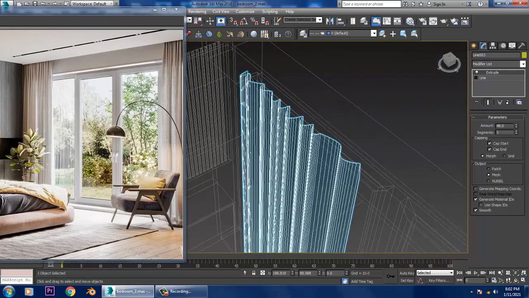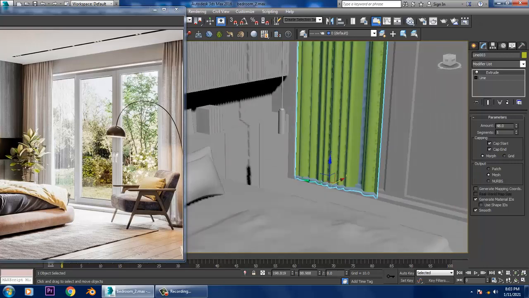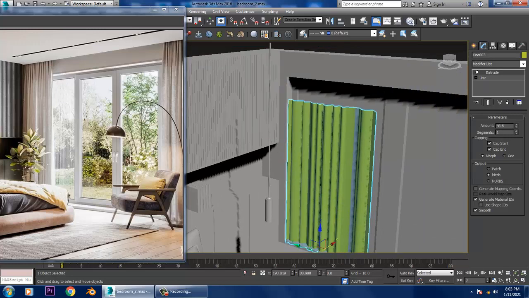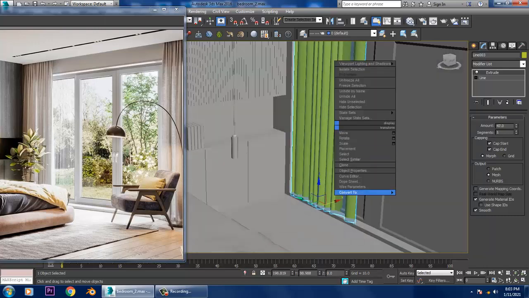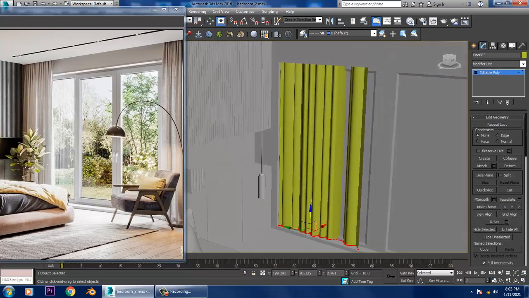Once I have taken this extrude modifier, I can slightly reduce it, not much, a bit. So I'll convert to editable poly. I'll go into the vertices. I'll slightly push this up.